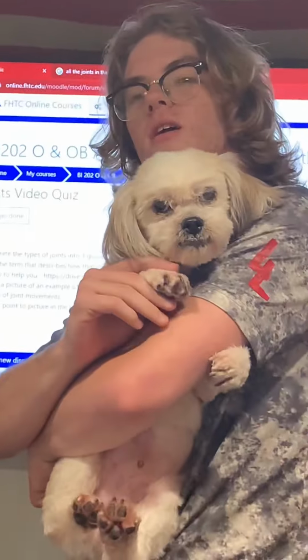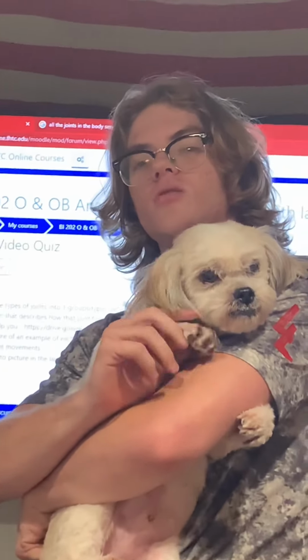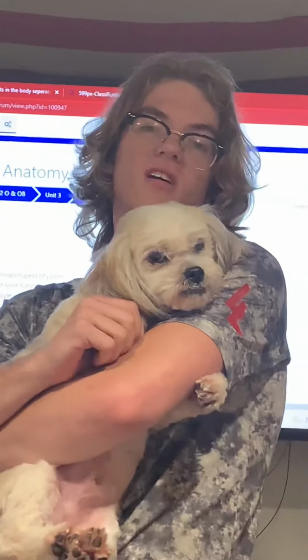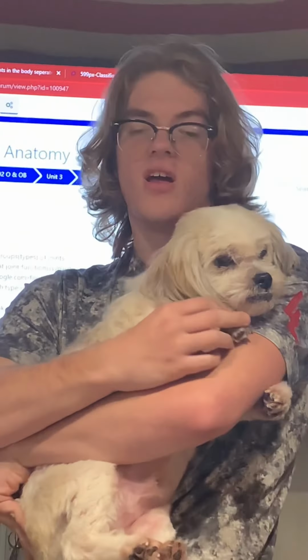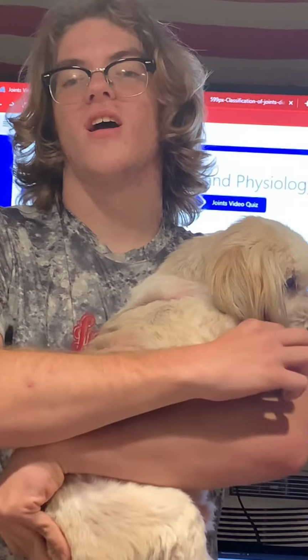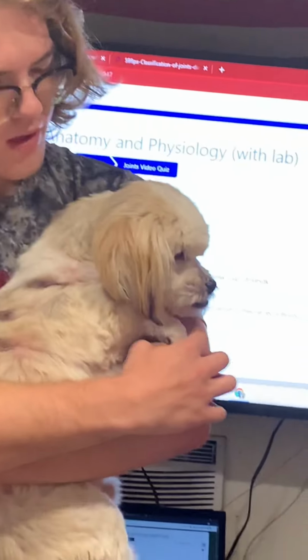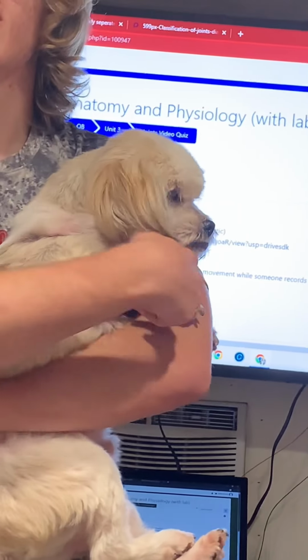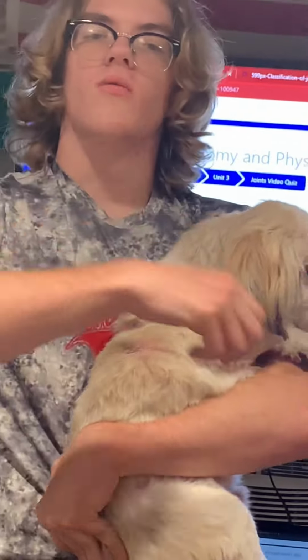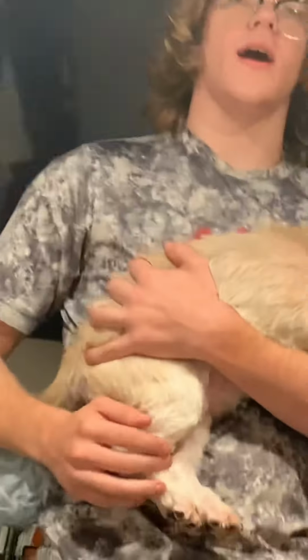Now, we'll move up to his wrists. Right here, we have a saddle joint. Now, I know this is not anatomically correct, but for the dog it is. So, as you can see right here, we have a saddle joint. This rides, it couples in and rides the bottom of his humerus. And then, we have,